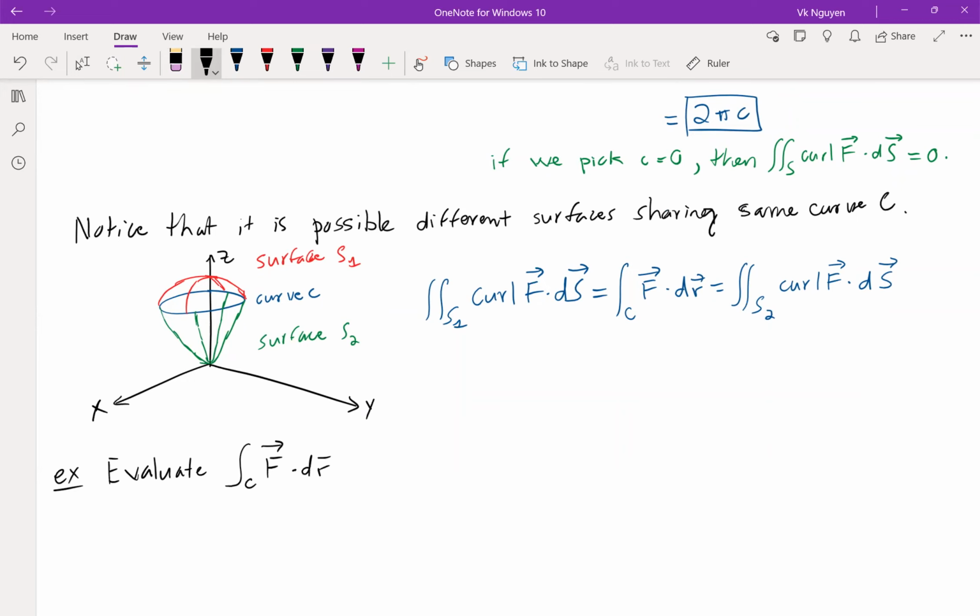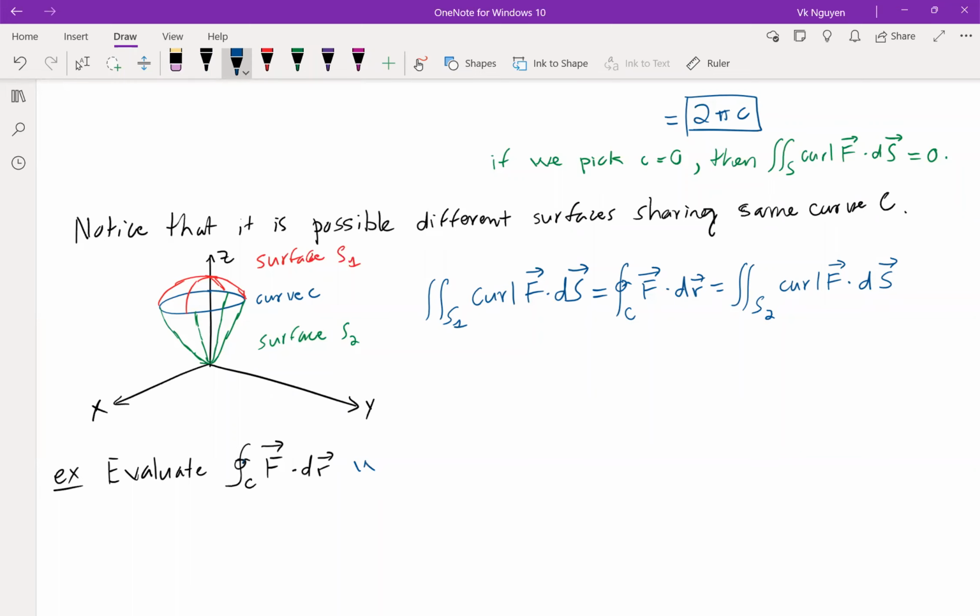F dot dr. I'll put a circle here so you see it's the circulation. You want to be clear, then it's going to be a circle right here. Sometimes we put this circle, sometimes we don't. But if it's circulation, usually we have a circle right there,